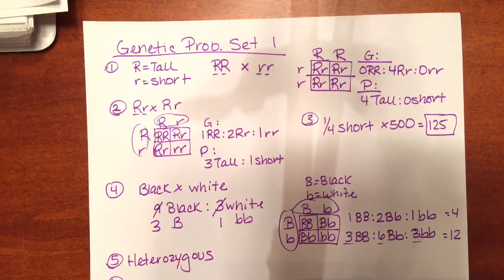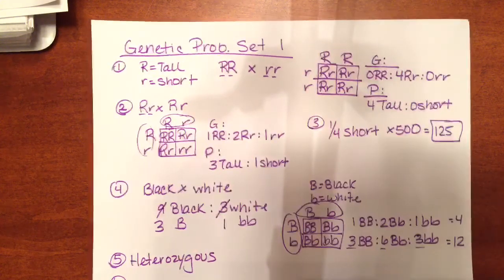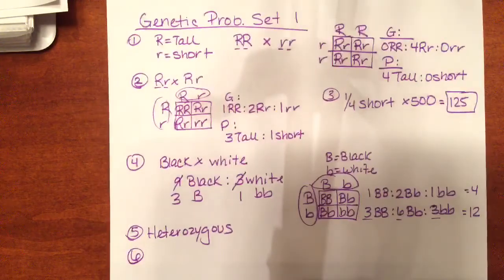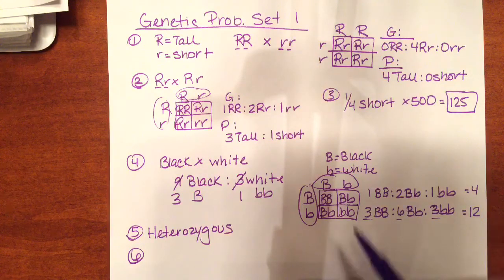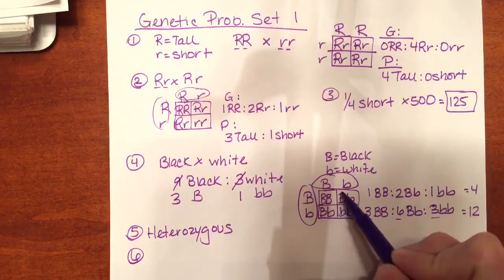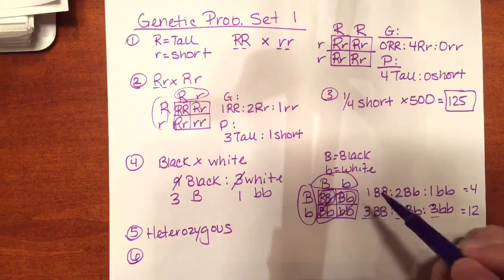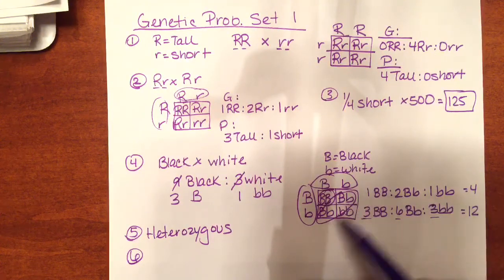All right, number 6, if you choose a black pig from this litter for breeding, what are your chances that it would produce only black offspring if crossed with a white sow? So you have 2 different kinds of black pigs. You have these 2 and you have this one. And so which one of these, if you cross it with a white sow,